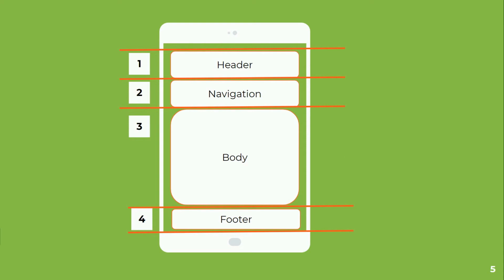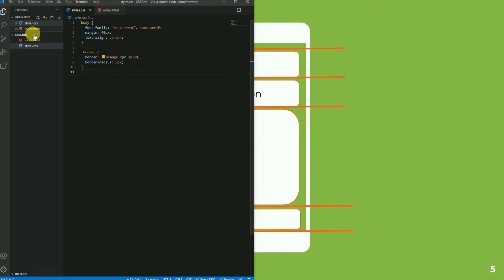For that I have opened my Visual Studio here. You can see here I have one index.html. It is currently empty, and I have a base CSS just to style our content. I am going to put this CSS in the description text below, so you can use this CSS.